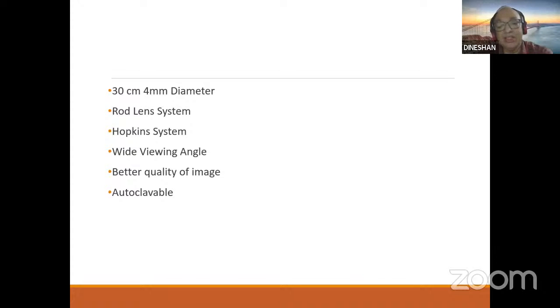Usually the 0-degree was used to see the urethra up to the bladder neck, and then to scan the lateral walls, you used the 70 degrees, and the base you usually scanned with the 30-degree.